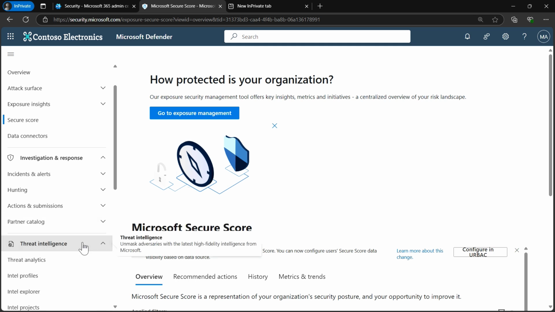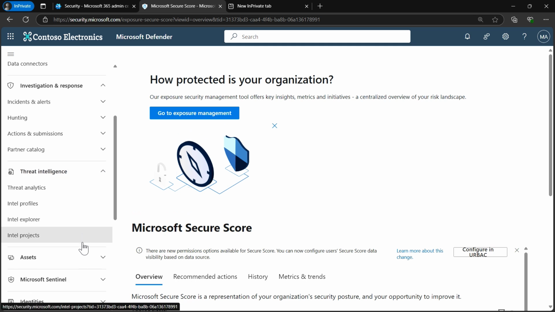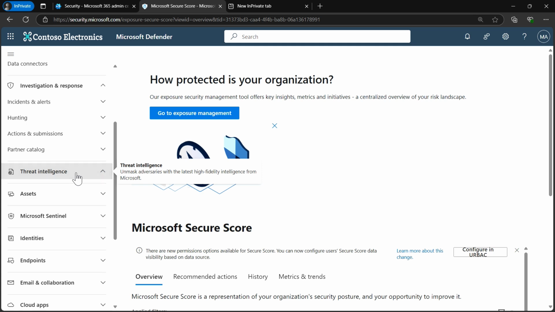And here we have also threat intelligence, and from this tab users can access Microsoft Defender threat intelligence and the capabilities the solution supports. So we have threat analytics, Intel profiles, Intel Explorer, and Intel projects.